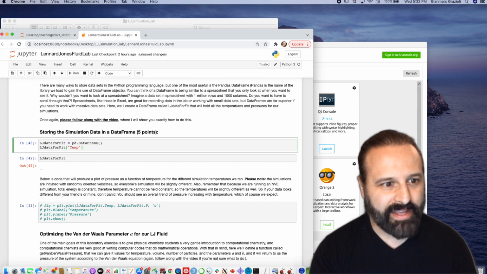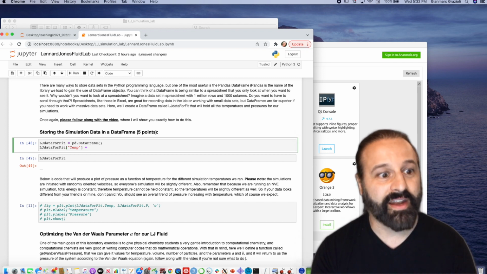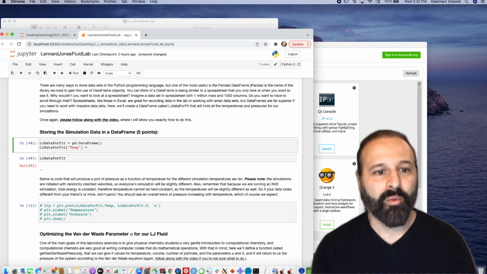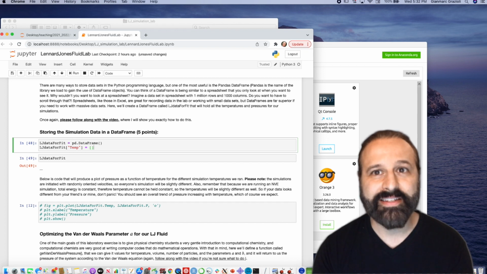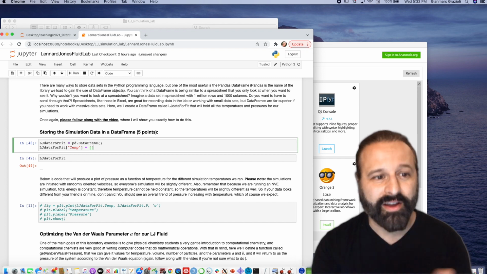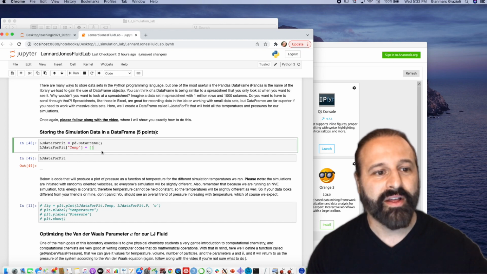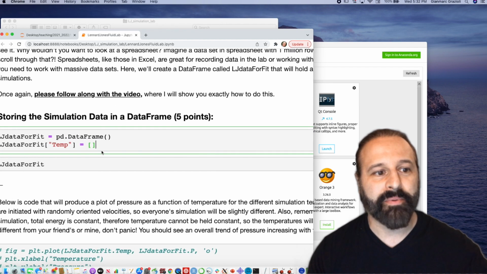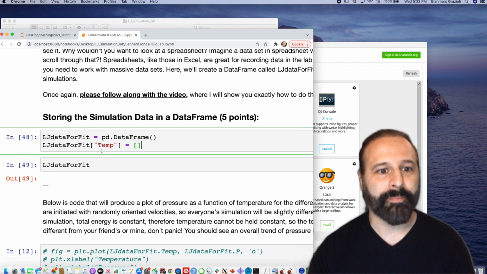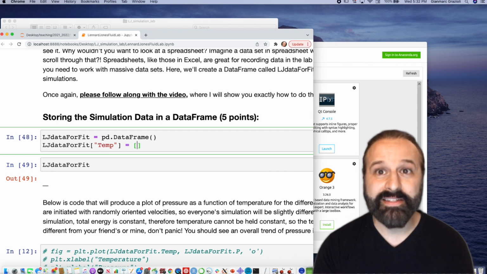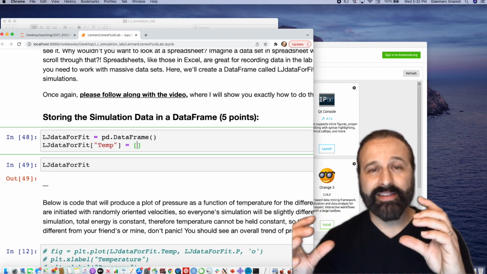So if I have this temp and then I say equals, then I have to say, what do I want the temp to be? Well, what we're going to do is a trick called list comprehension. And this is a Python trick that I just want you to be aware of for now. I'm going to show you how to type it. You can just follow along and type what I type. But what this basically does, list comprehension, it creates a list and fills it at the